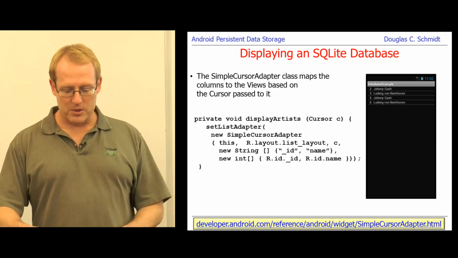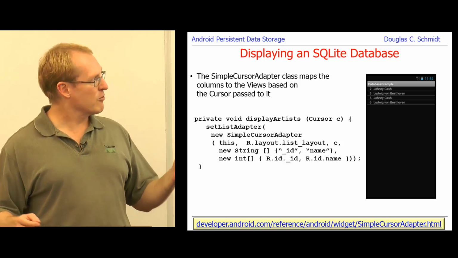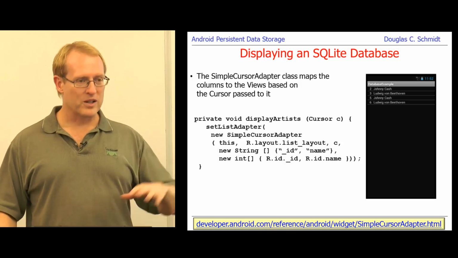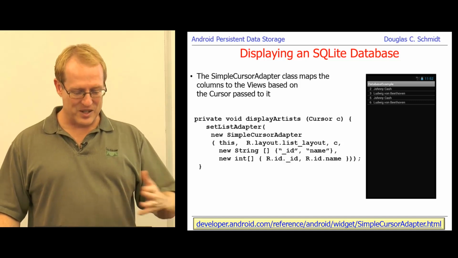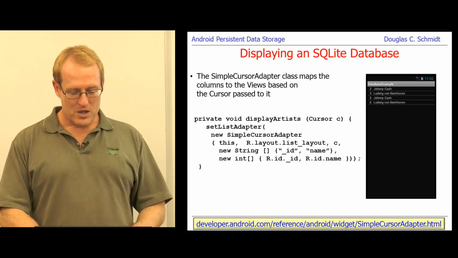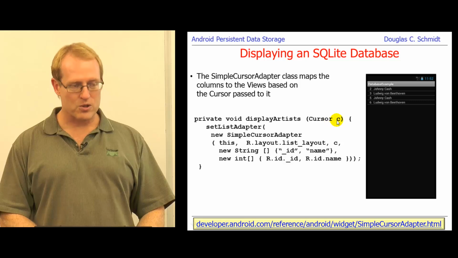Here's a very, very simple example. You really can't see the thing very closely, but if you put a bunch of artists into a database and then did this, this is how you could do it. In this particular case, this is a display artists method where we take the cursor that was given back to us by the query call,